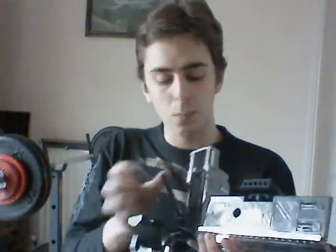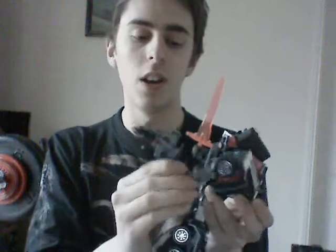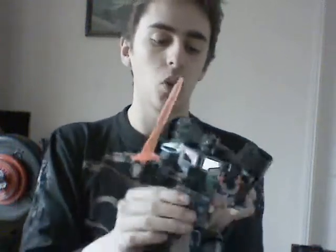Galaxy Force, another combining one. So this is probably one of the better ones, I think. It looks quite menacing, it looks quite powerful, so it's not a bad base overall, but no one really buys a Transformer for their weird little base mode. They buy it for the robot, and I'm going to transform Scourge and get back to you with the last part of it. And we're back, guys,